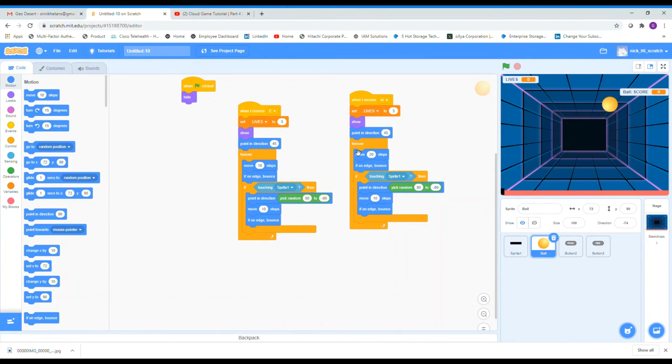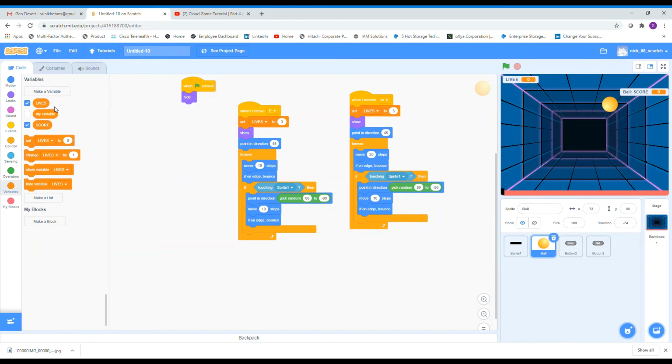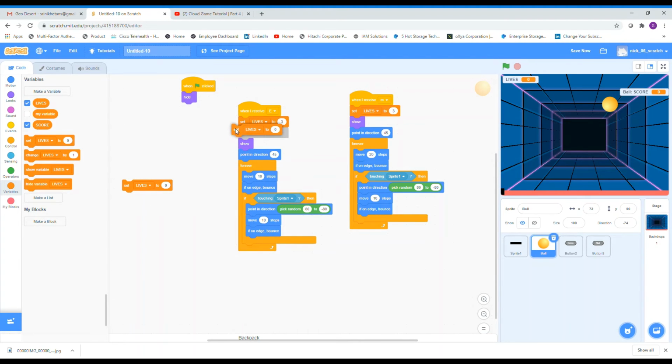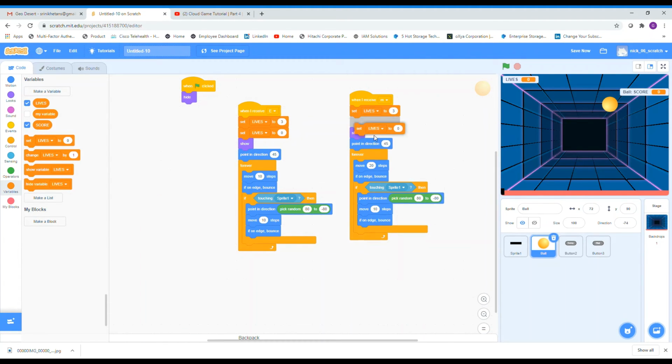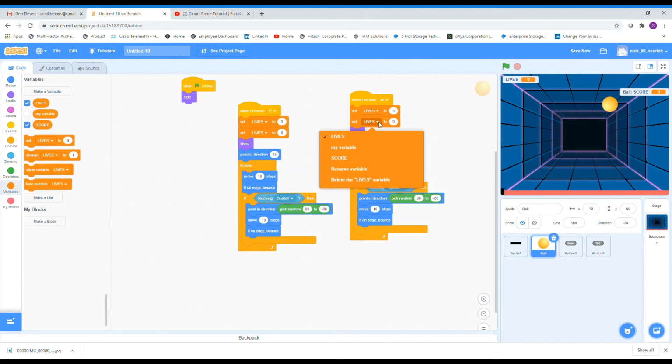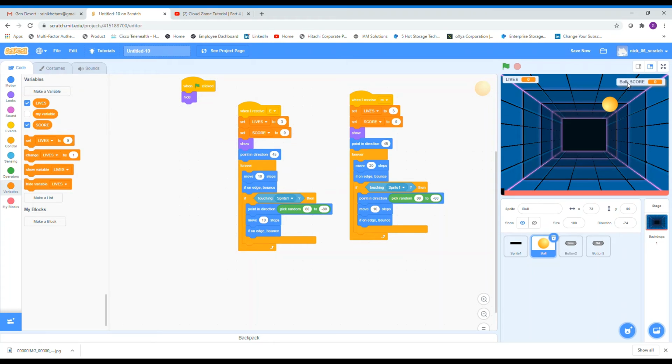So we have to set ball lives to 3 in the beginning, and the same thing goes for score. Set ball score to 0, and then